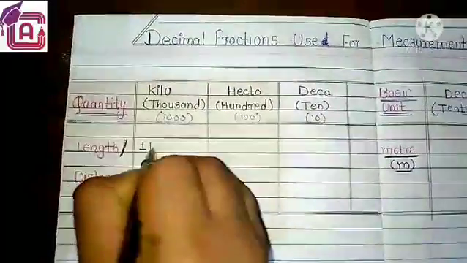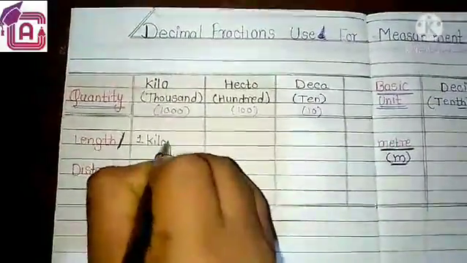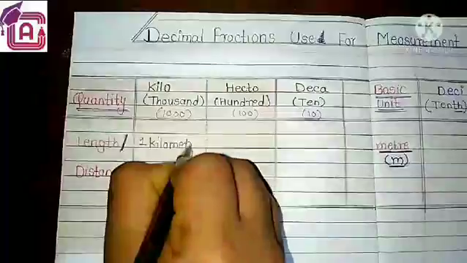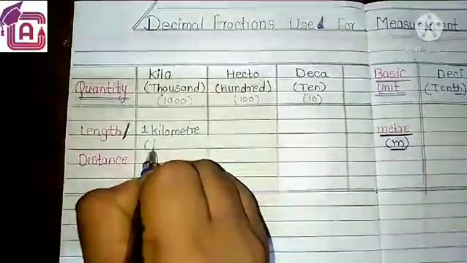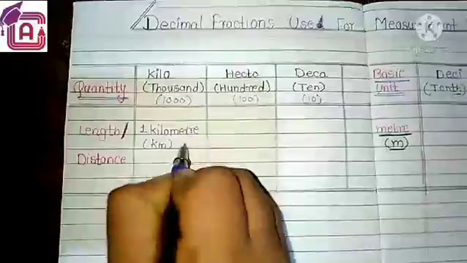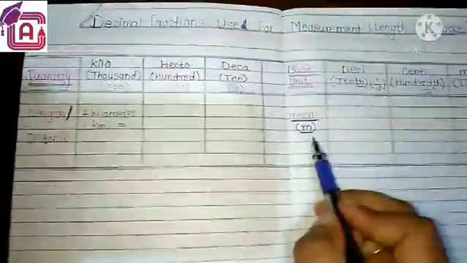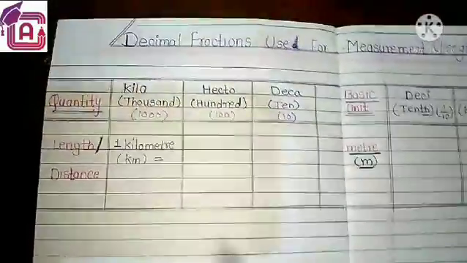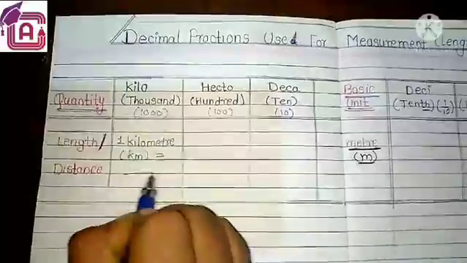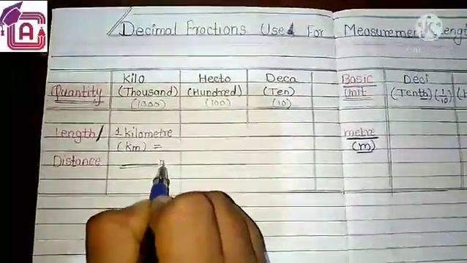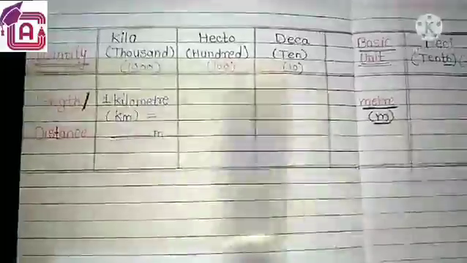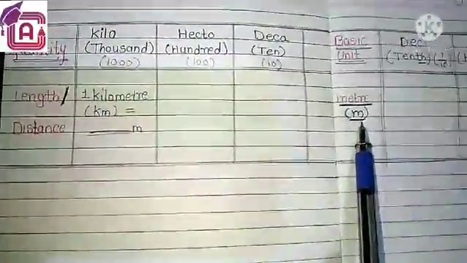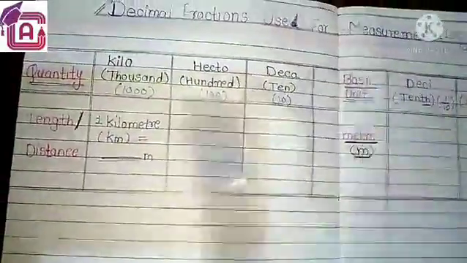So 1 kilometer, it can also be written as k and small m. Kilometer is equal to how many meters? 1 kilometer is equal to how many meters? Because our reference point is the meter and we are going from